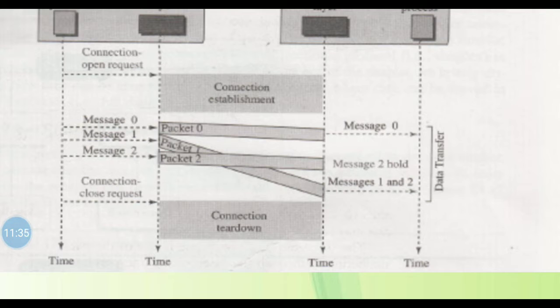The connection oriented service at the transport layer is different from the same service at the network layer. In the network layer, connection oriented service means a coordination between the two end hosts and all the routers in between. At the transport layer, connection oriented service involves only the two hosts.